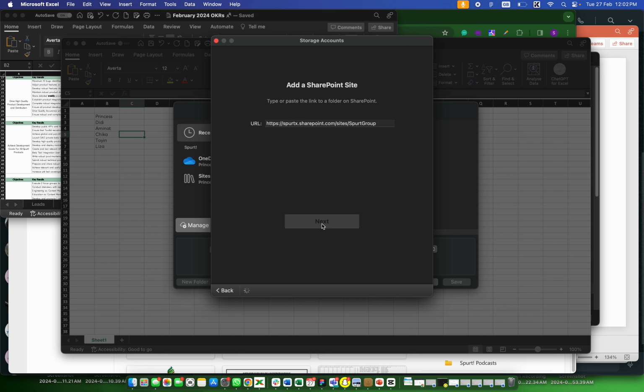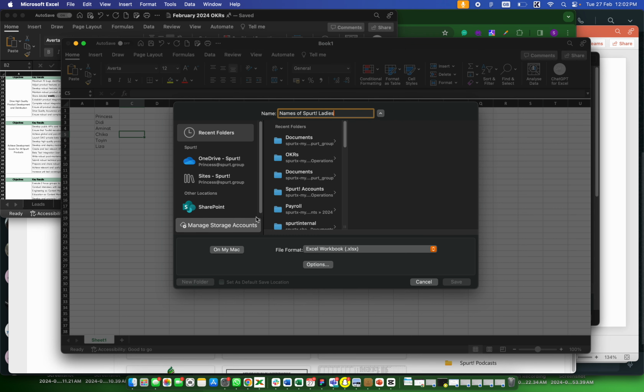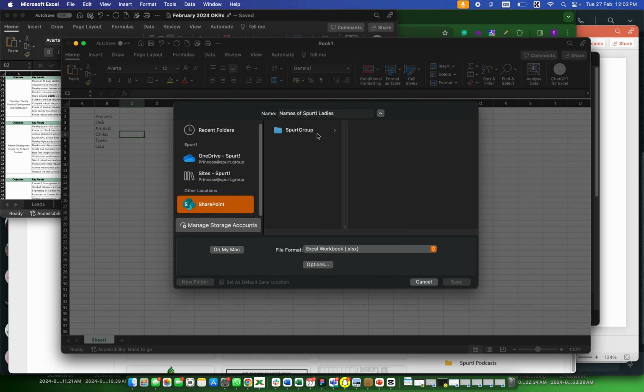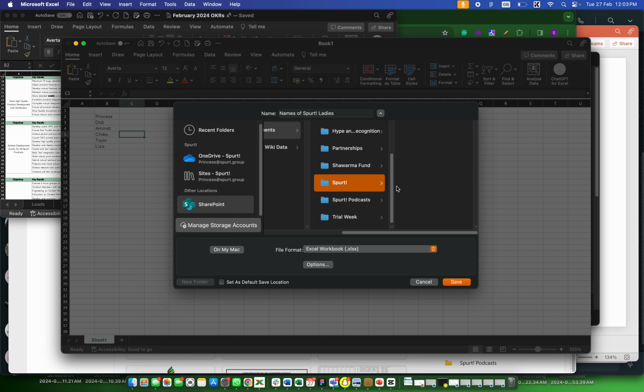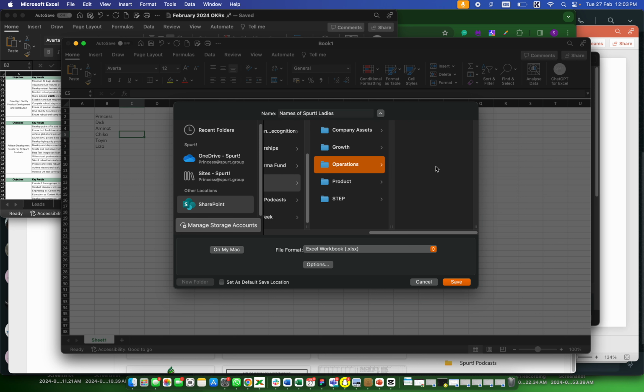It's going to take a time to roll, but when it finishes, you see this SharePoint, and then you see Spurt group. Then you go to Spurt group, you click on Spurt group. It's loading because this is the first time I'm actually using it on this particular app, right? So it's going to load all the documents, and then I look for Spurt, right? And then I'm under operations,